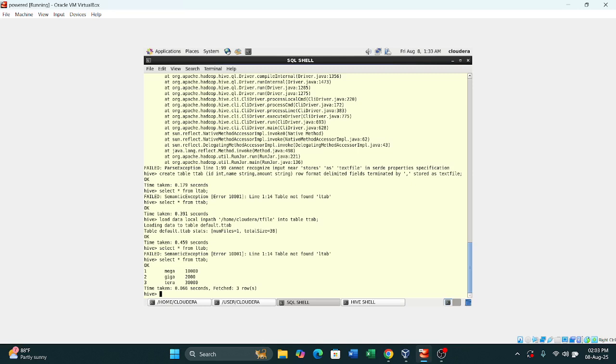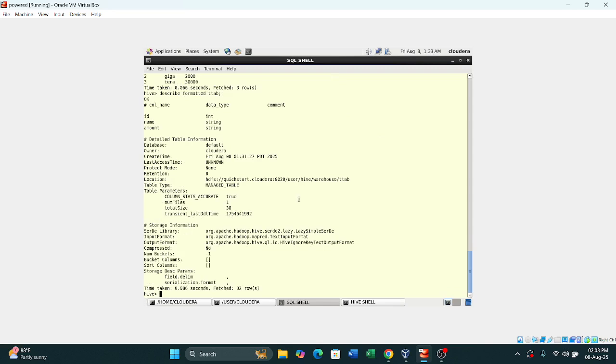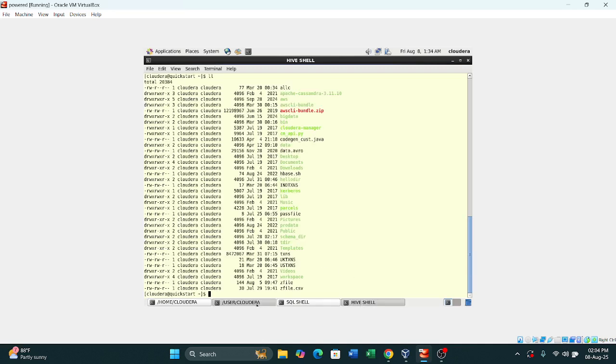And in my previous video you learned that by default it is a managed table. Describe formatted t tab. You can see here all the details. This is the managed table by default, and you can see on which directory the table is created. The directory is created at user hive warehouse t tab directory, because when we create the table and we are not providing any location in the Hive table creation, then you can see here